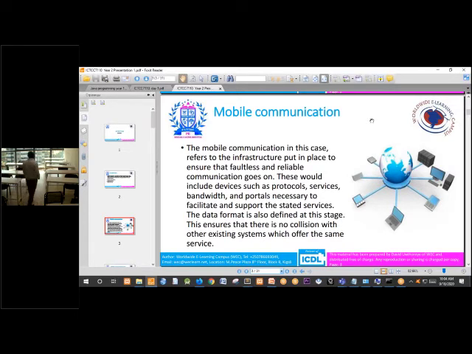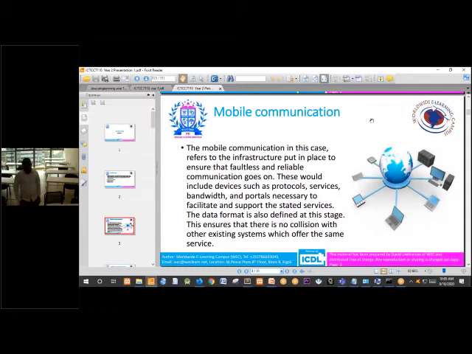Mobile communication refers to infrastructure put in place to ensure that faultless and reliable communication goes on. Those are the infrastructures required to facilitate mobile communication. So that is what is called mobile communication.